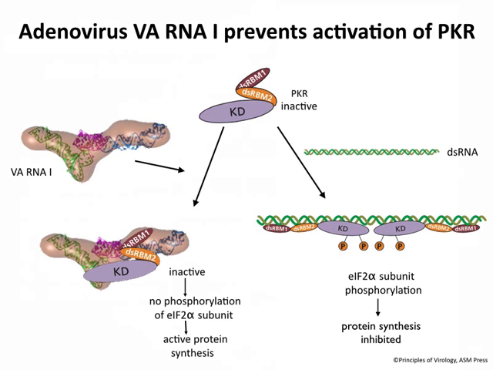So it's never activated. EIF2 is never phosphorylated. The virus merrily goes along and makes its proteins. Okay, so this is the way it antagonizes PKR. Normally, the double-stranded RNA would lead to activation of PKR, phosphorylation of EIF2, and inhibition of protein synthesis. But this little RNA overcomes that by binding up all the PKR and preventing it from getting activated. And if you take out the gene for this VA-RNA, the virus can't replicate very well because it can't make protein. Protein synthesis is shut off. So that's a cool way of doing it.